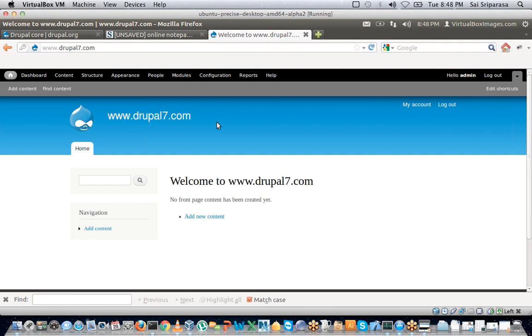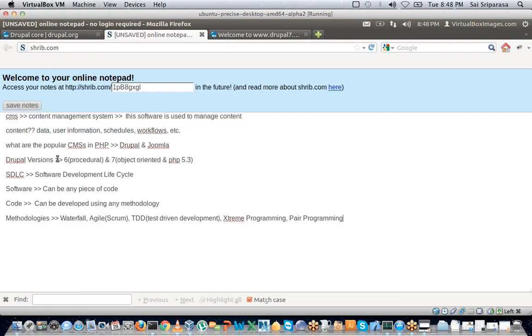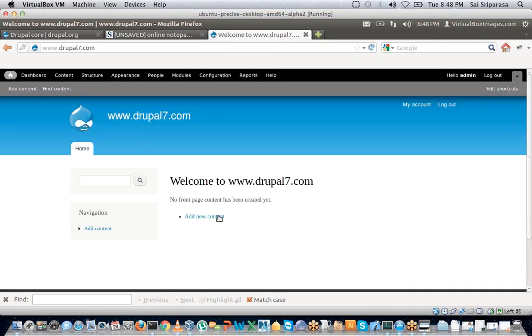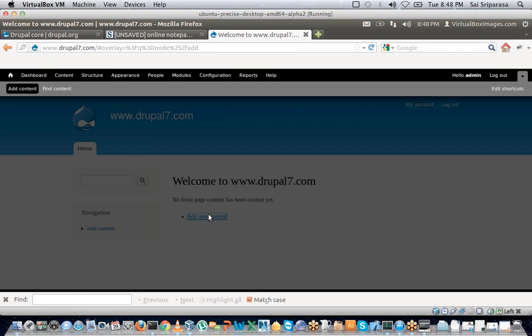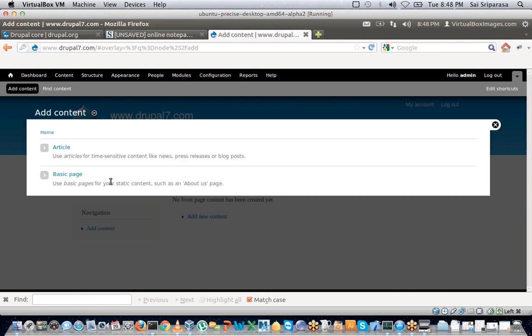Now I'll actually do one more thing. We talked about adding content, so let me quickly add a piece of content so that you can see how simple it is. Drupal already comes with two things: one is a basic page and the other is an article. None of them are used, so don't worry about it.